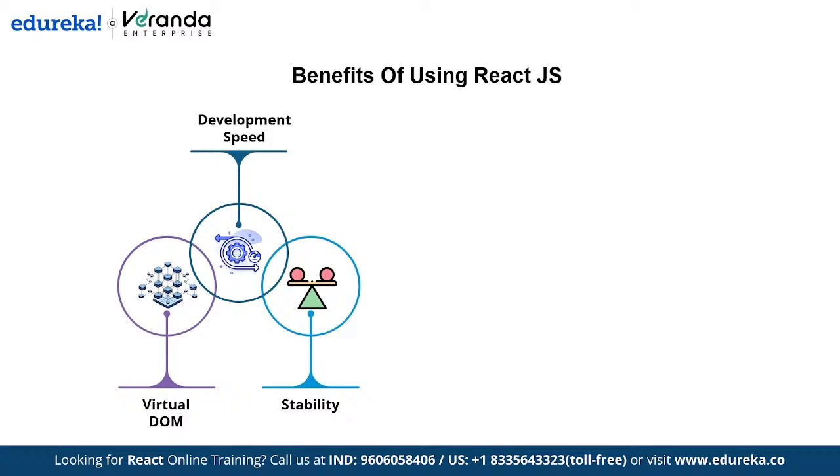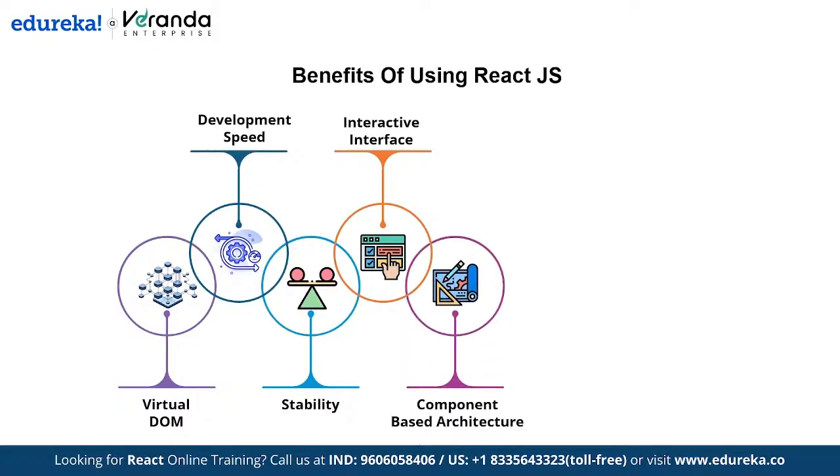Next one is stability. React uses one-way data flow, which means a change in a child component won't affect the parent component. This keeps the app stable and easy to manage. The next one is interactive interface. React makes it easy to build highly interactive UIs, which means users get a smoother and more engaging experience. The next one is component-based architecture. React divides the UI into components, allowing us to build, update and reuse parts independently, saving a lot of time